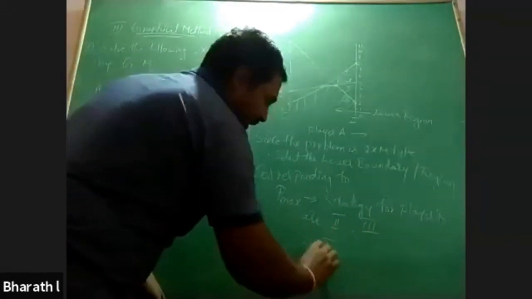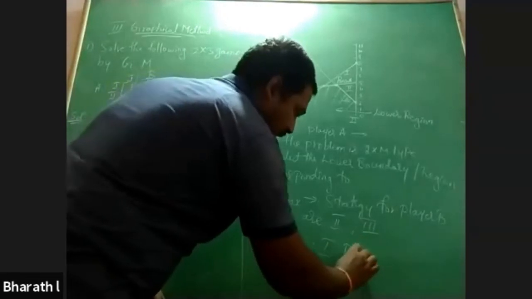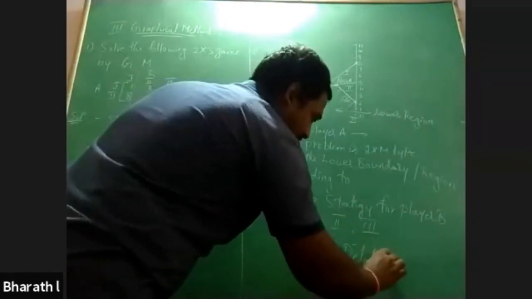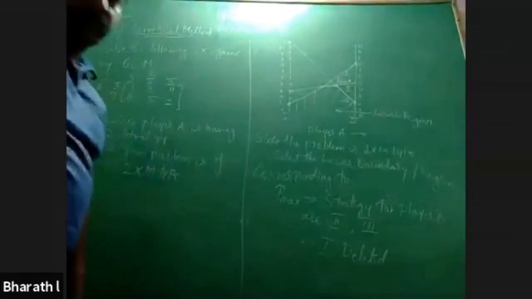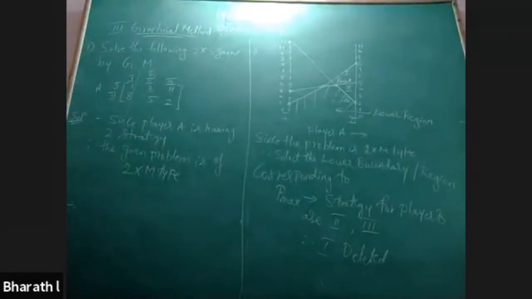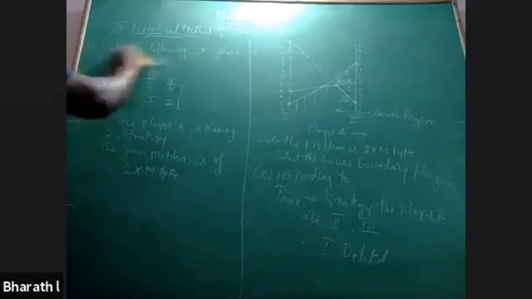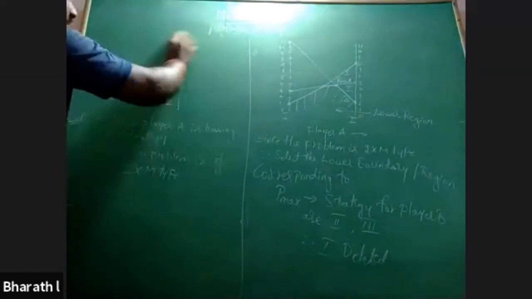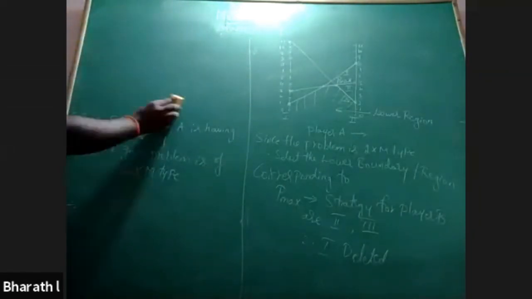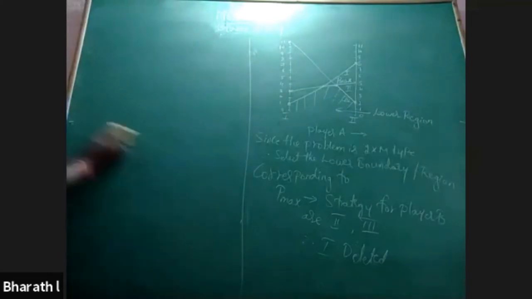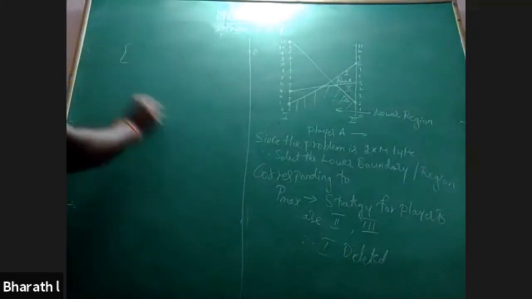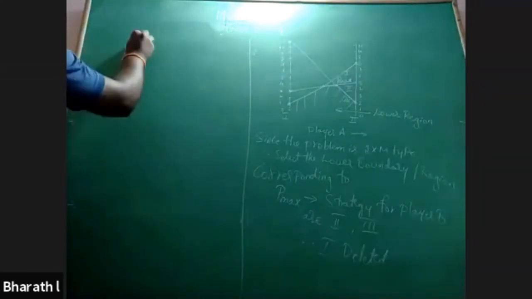Therefore, strategy 1 is deleted. You need to delete the left out strategy. Then the table we will get has the second and third